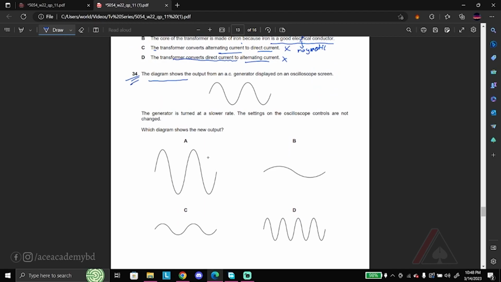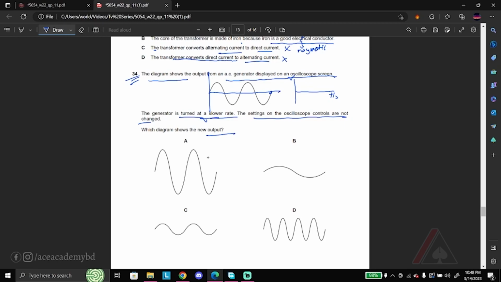The diagram shows the output from an AC generator displayed on an oscilloscope screen. The generator is turned at a slower rate. The settings of the oscilloscope controls are not changed. Which diagram shows the new output? So the only thing that's changed is the motion of the generator. So it turns at a slower rate. Let's first draw the representation of the oscilloscope. This is the time base and this is the voltage. Alright, so this is our initial